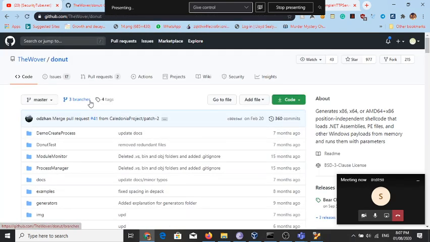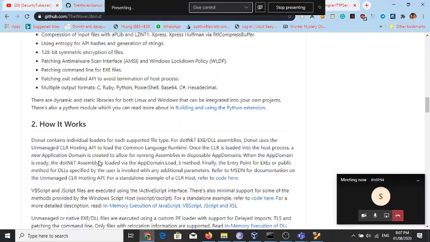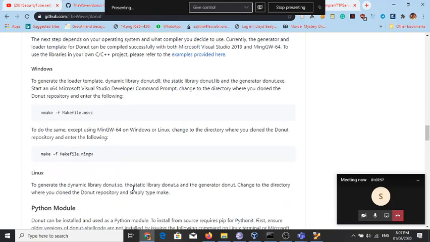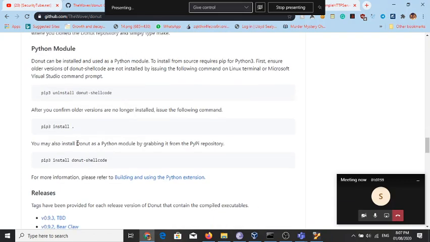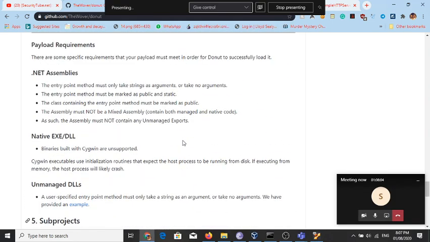There's a lot of documentation on this, and I would tell you to go through it, and this will really help you to generate custom shellcodes for exploits that you have perhaps written or you have obtained in an exe format for a Windows agent, and you can generate shellcodes directly using Donut, and then you can run them elegantly using C programs, and